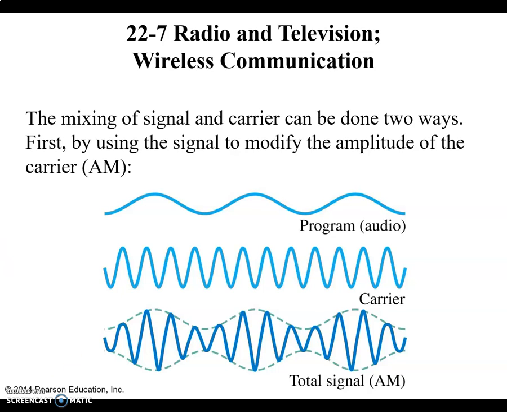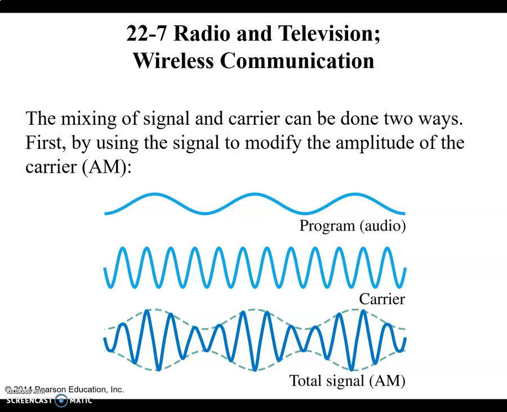So this is called amplitude modulation, or AM radio. It is done completely by taking the carrier frequency and adjusting its amplitude so that its amplitude matches your audio